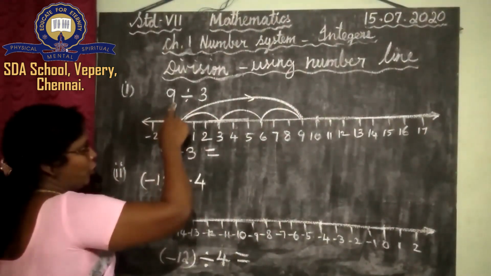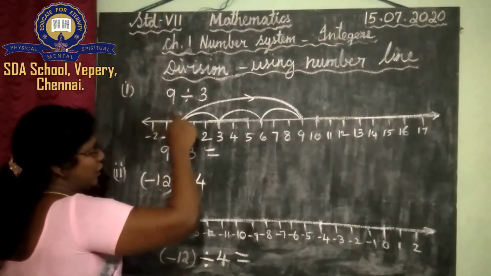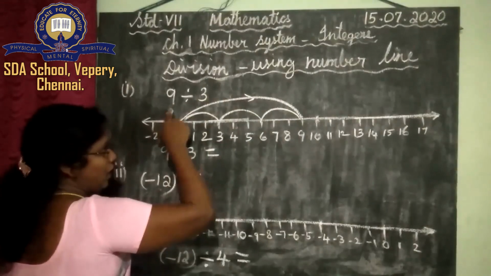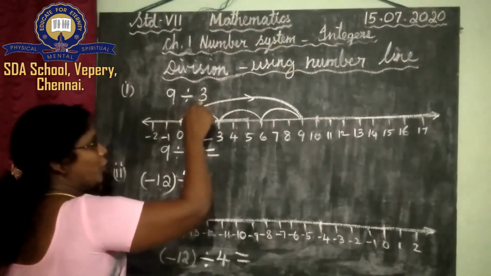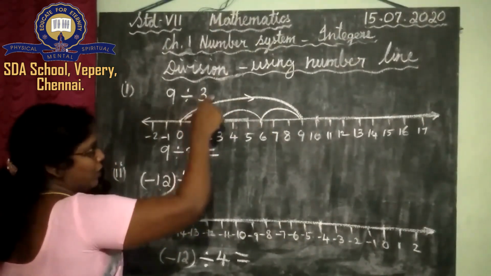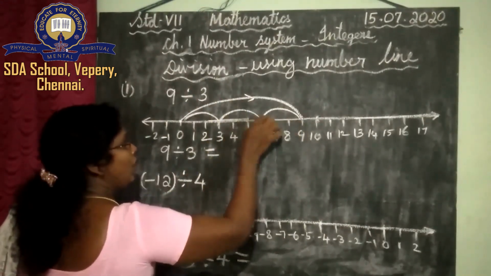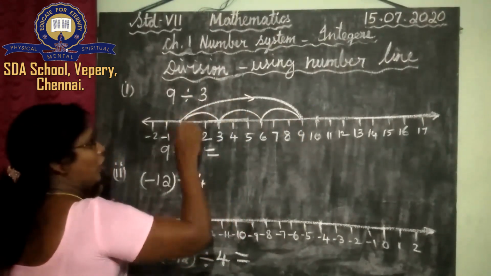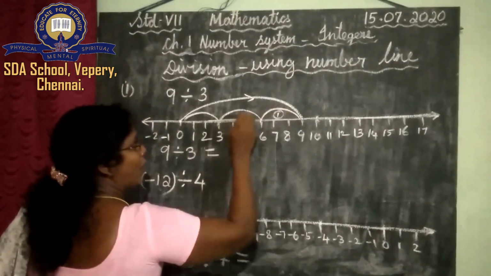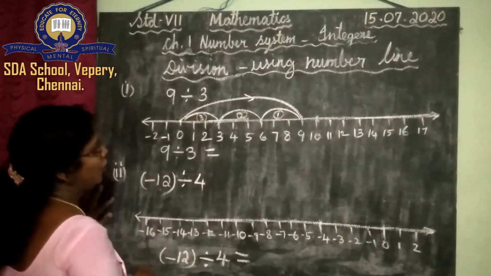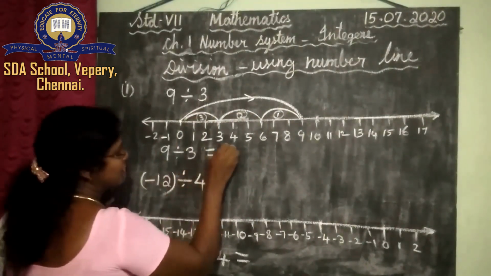First we have to go to the number which is given here from 0. Pass on to the number which is given. From there we need to count the units, the next number. Okay, what is given here? 3. So count 3 times. 1 2 3, 1 2 3, 1 2 3. How many times? 1 2 3 is coming. So what is the answer now? 9 divided by 3 is.